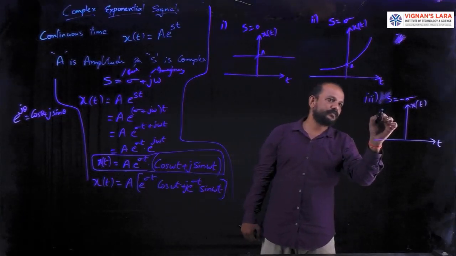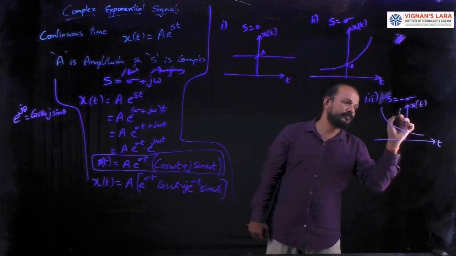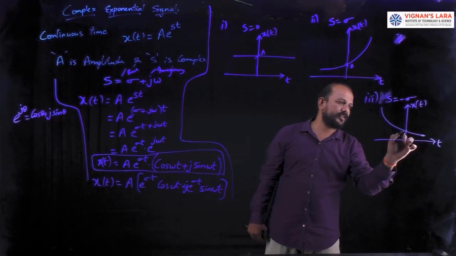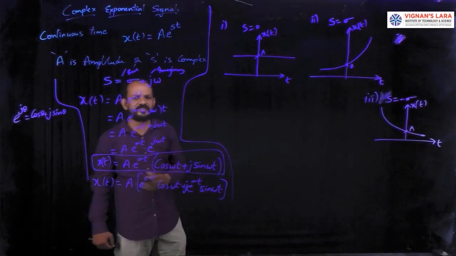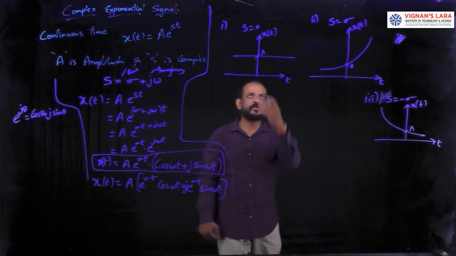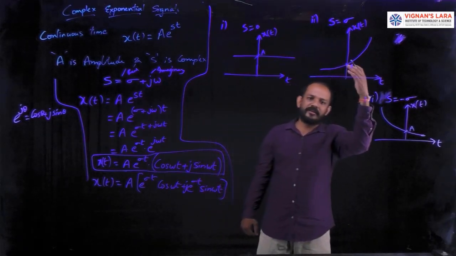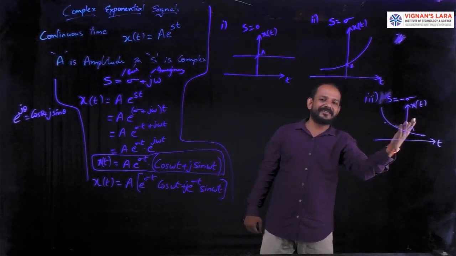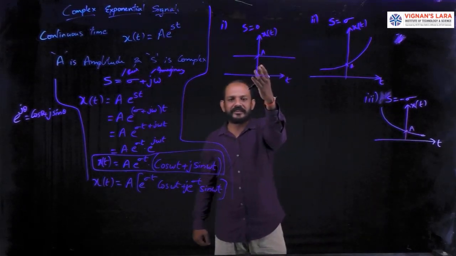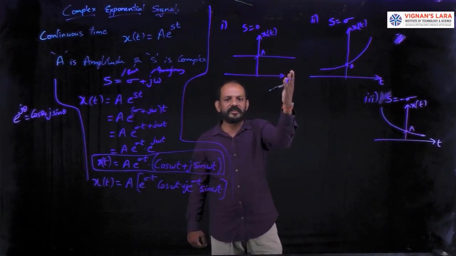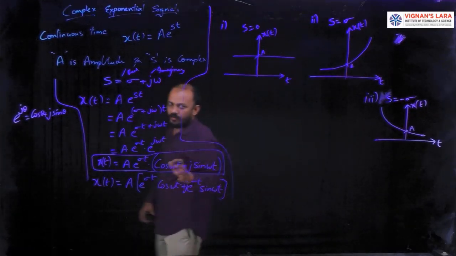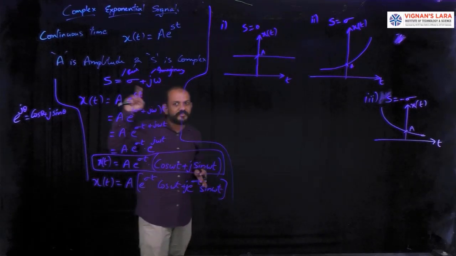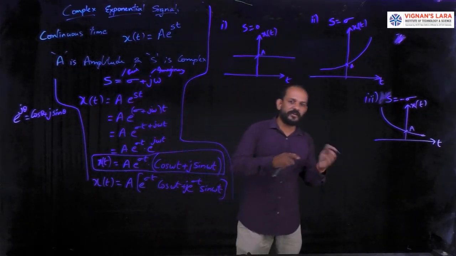That will decay like this. Okay, decaying exponential, and this value is a. So it is the same as what we got for the real exponential signals. For a equal to 0, a greater than 0, that is positive, and a less than 0, that is negative: constant amplitude for all values of t, this is growing exponential, this is decaying exponential. For this I had explained first the real exponential, and then I went to complex.